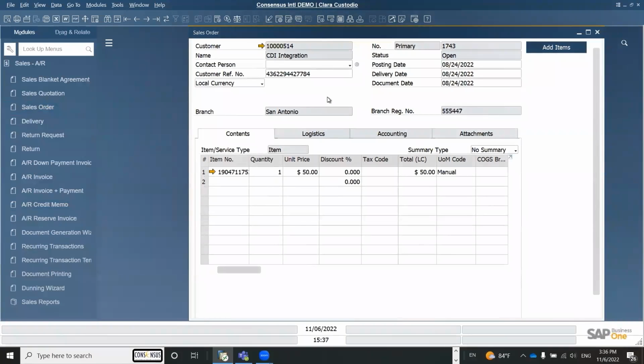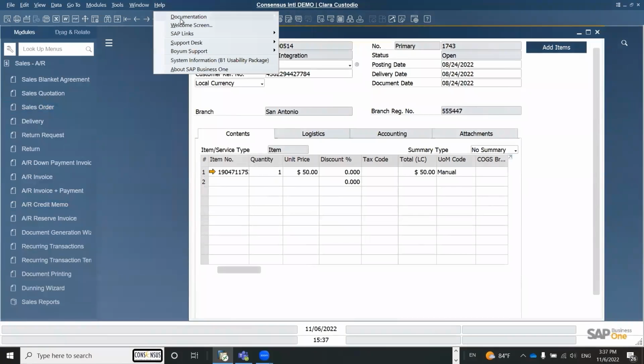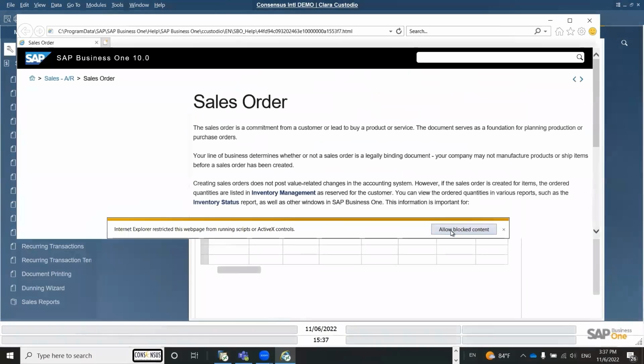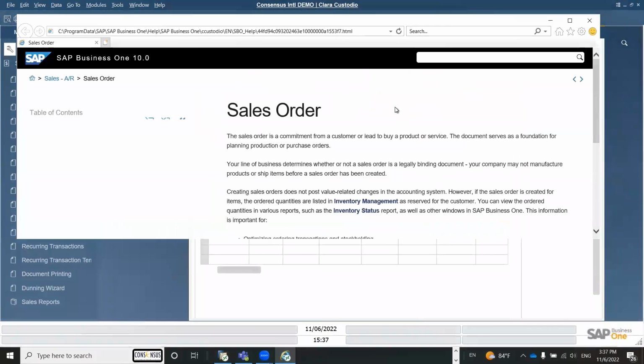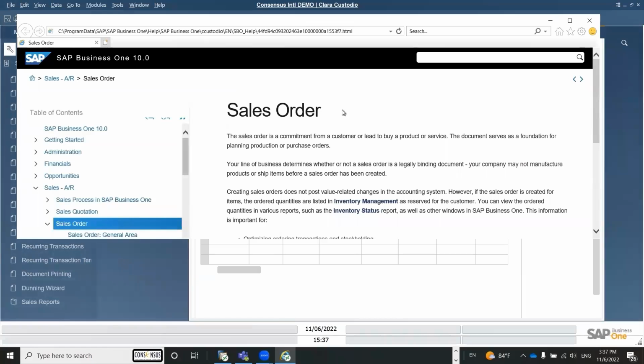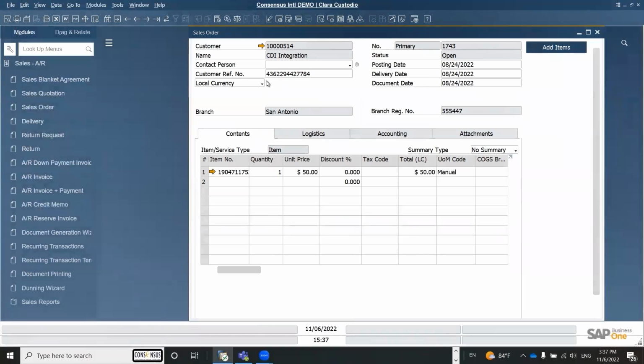Once you're doing that, like in this case, I opened a sales order. I'm going to try again, documentation, Context Help. And what's going to happen is that the same user manual is going to open for me, but it's going to already be on the bookmark for the document that I'm actually working on. You can even go a little bit deeper. I'm going to just